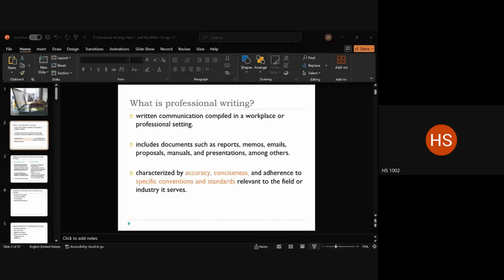a report or memos that are issued in an organization, emails, the one that we just discussed, proposals. That is, proposals here means the proposal reports, like for something like a budget proposal, or a proposal for a new location of the office, so on and so forth. Or manuals that you write at your workplace, or even the formal presentations that you make in your space, they all fall within the domain of professional writing, right?